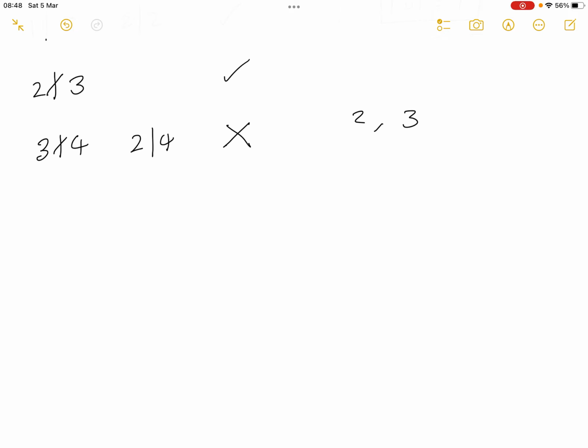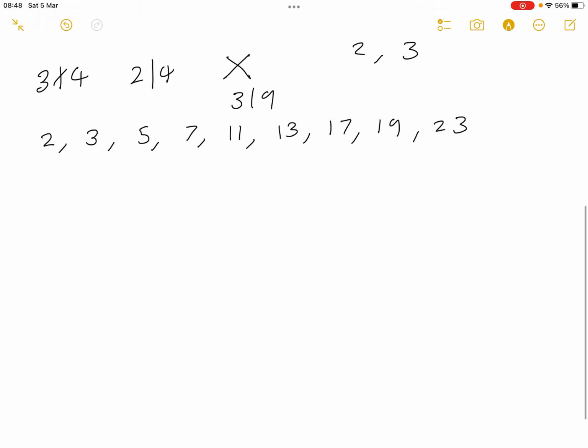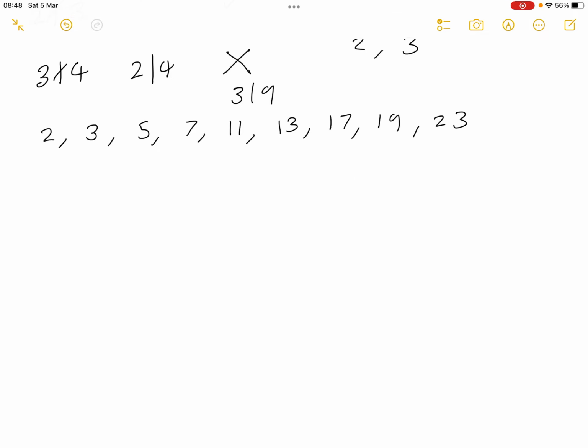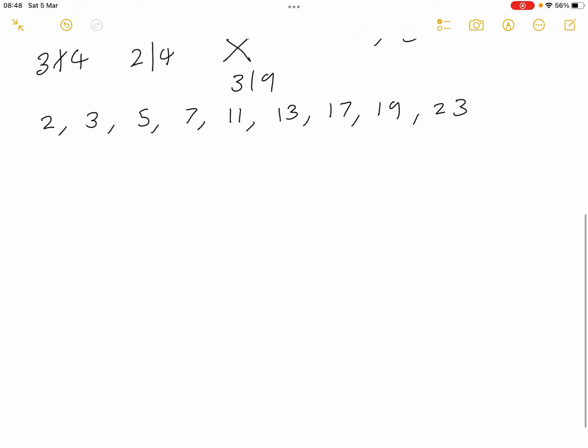So some of the first few prime numbers are 2, 3, 5, 7, not 9, because 3 divides 9. Next one along would be 11, then 13, then 17, then 19, then 23. Now you don't need to memorize these. You can always work them out in the exam. In fact, you'll probably be given a number like, for example,